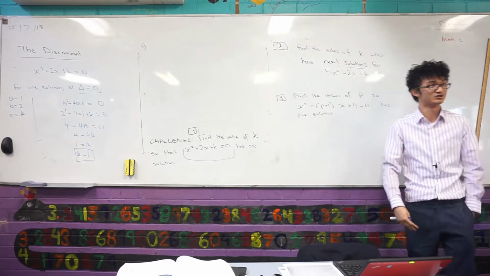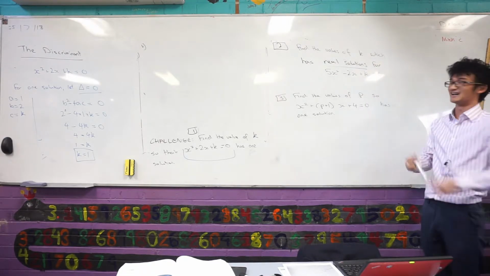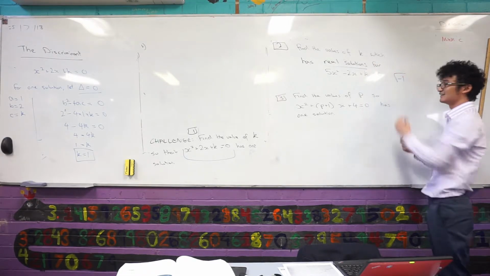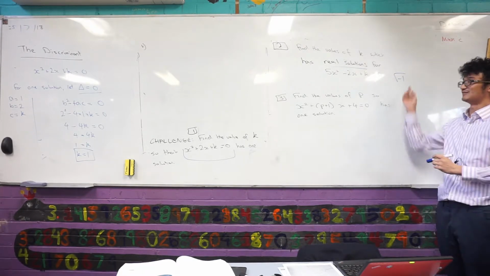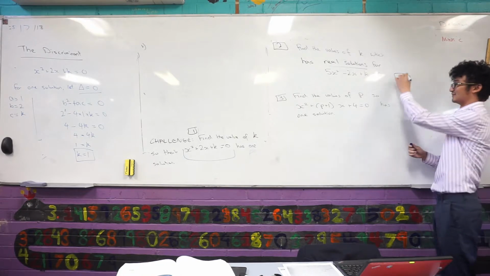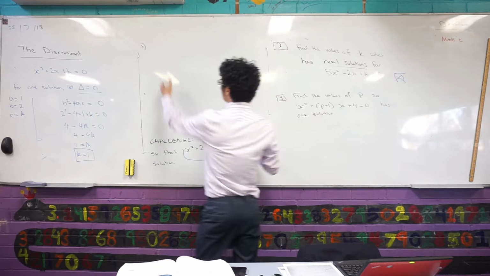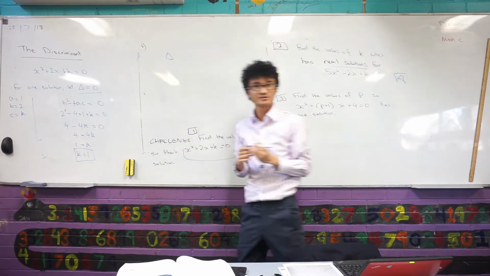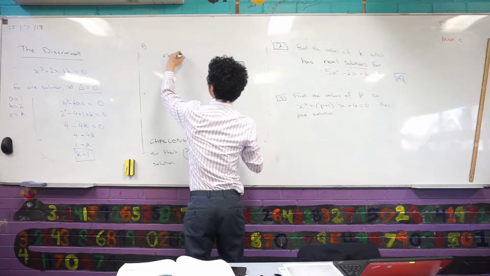And that's something that you actually look at in Extension 2 mathematics. I've told you this whole time that you can't find the square root of a negative number. That's true to an extent. If you look at Extension 2 maths, there are some things we can do with negative square roots. So we're not worrying about that for now. Has real solutions is implying that I want the discriminant not just to be greater than 0. What else? Maybe just write this out. Real solutions,